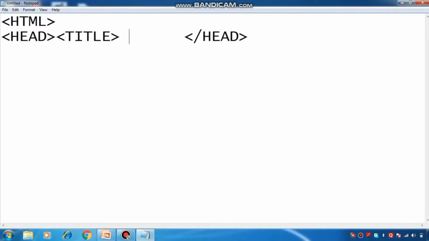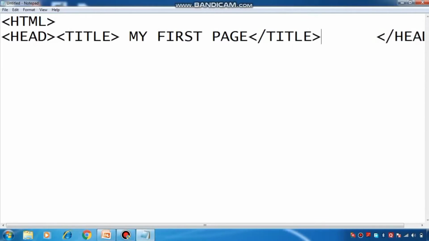Suppose I want the title of my page to be my first page. And I have to close the title tag here because it's also a container tag. Now next I have to open the body tag.